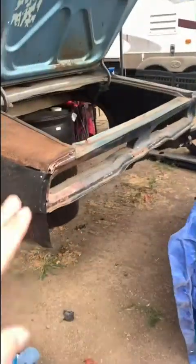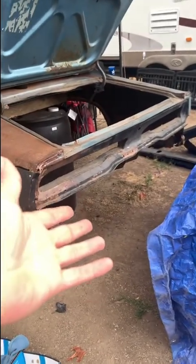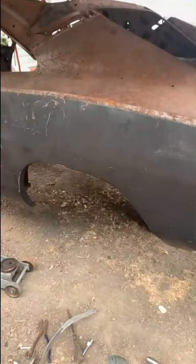I can't put any of the back sheet metal on, which I have it all. I can't put it on till I get my quarters on. Can't put the fender wells until I get the quarters on. And it's stacking up. I really can't do anything. So what I'll tell you that I've done, I've already wasted 4 days on it,